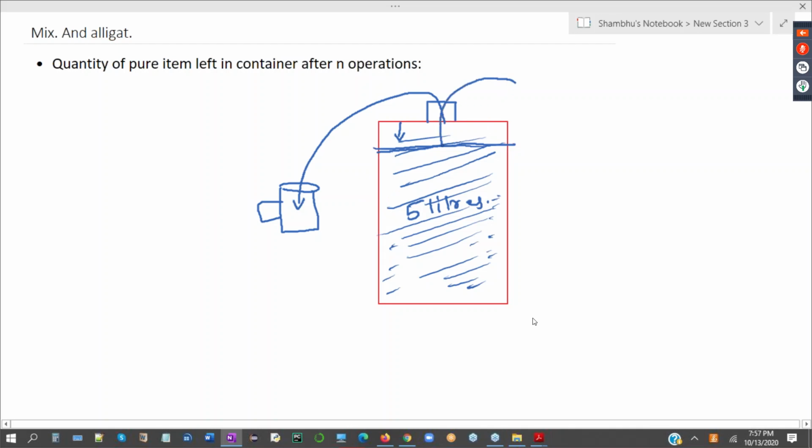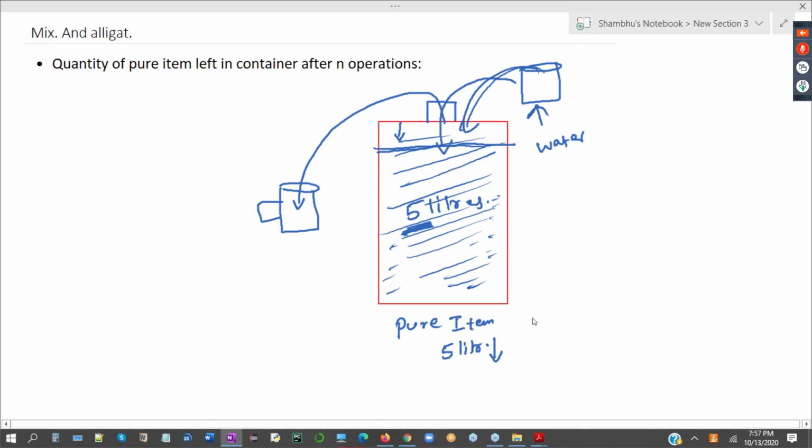So you will fill water into this. How much quantity you had taken out, that much water you mixed. So earlier it was 5 liters of wine. Suppose, assume it was pure wine, 5 liters earlier. But when you drank some quantity and mixed water, this 5 liters of pure wine will decrease.